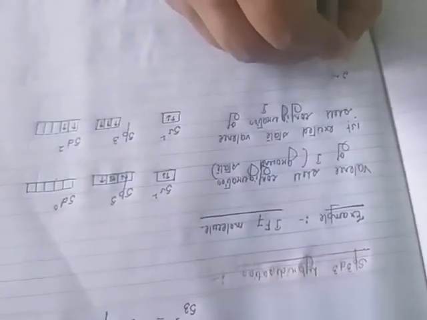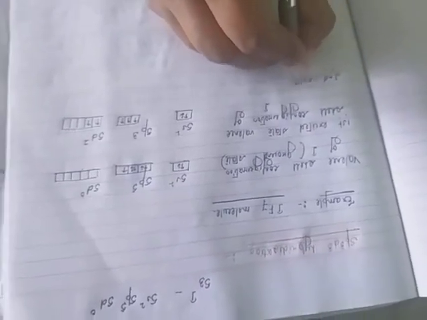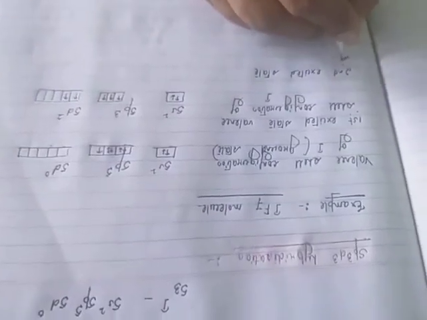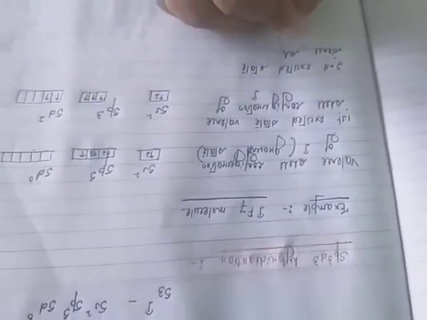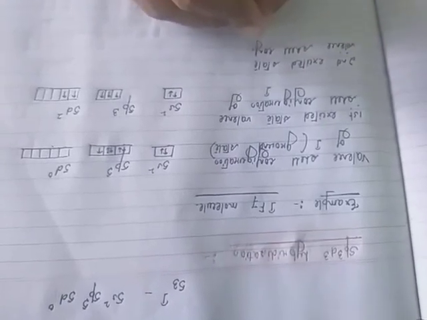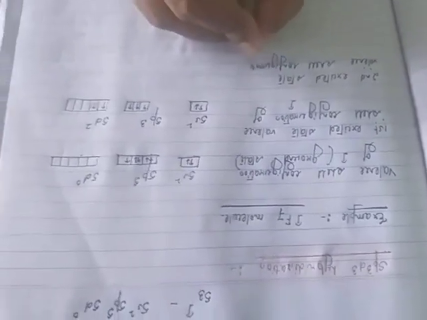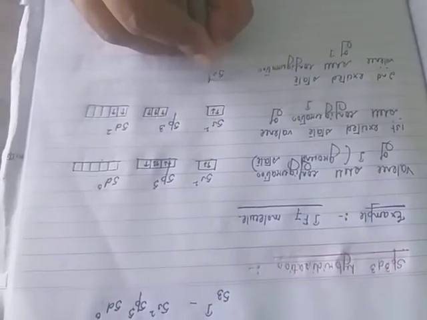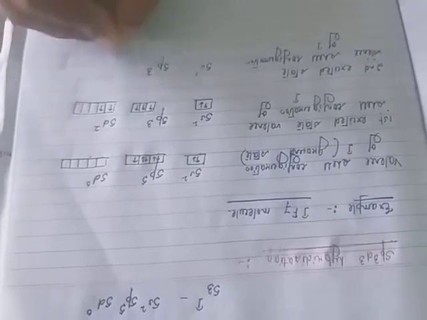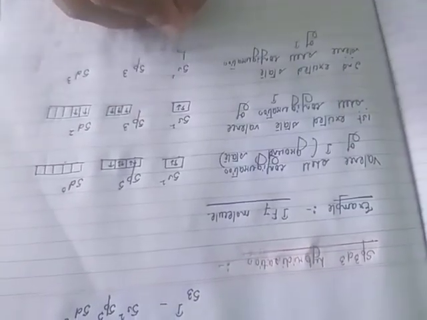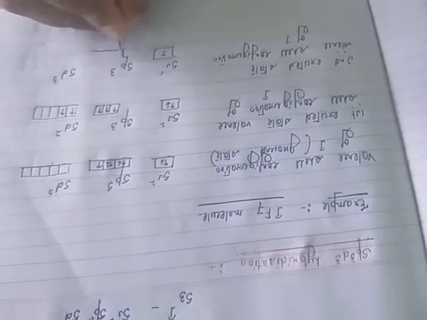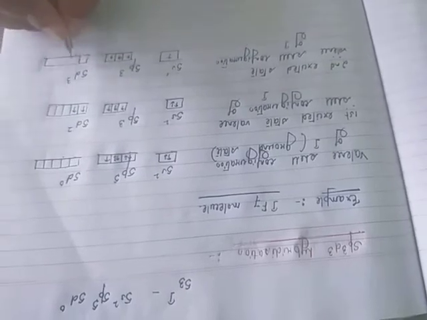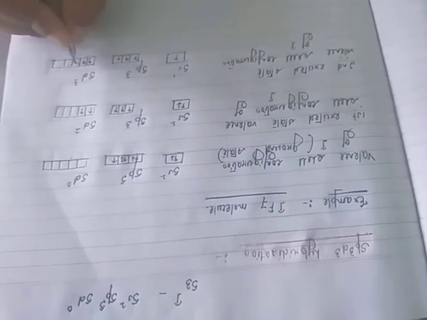And in the second excited state, the valence shell configuration of iodine will be 5s1, 5p3 and 5d3. This gives the 7 half-filled orbitals